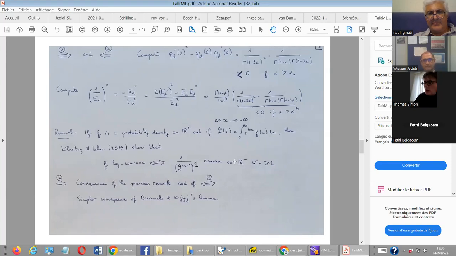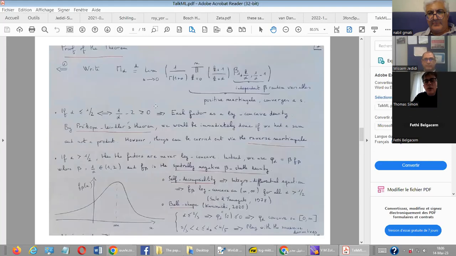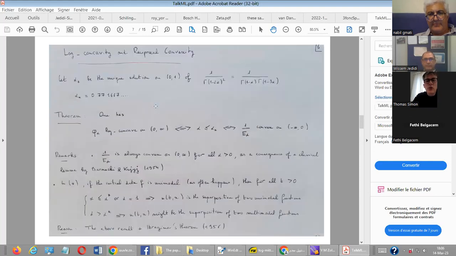So if you use this general result, of course, what is hard, in my opinion, in the first result I was mentioning is to get the first equivalence, right? Because the second equivalence, you can use this general result on the one hand and the asymptotic on the other hand. But you can also get a direct proof with the lemma by Biernacki and Krzyż, and I gave it in the paper. But again, there is something more general lying behind, which was a bit surprising to me.